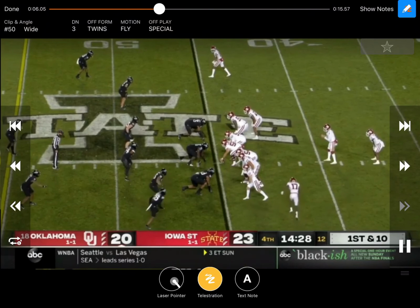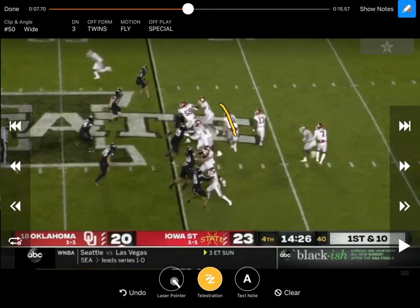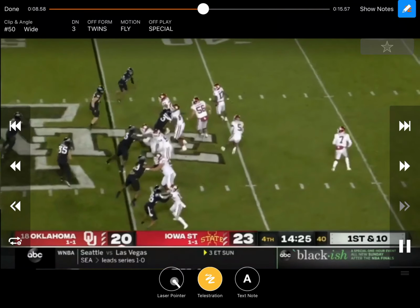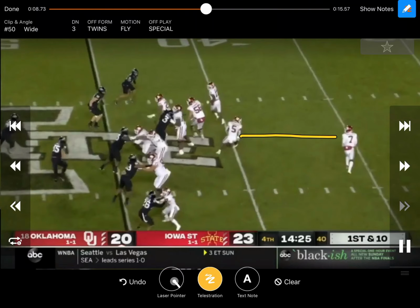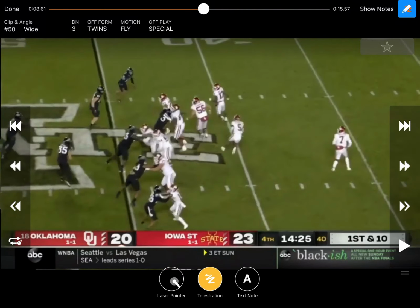You can see he brings him in motion, snaps it, hands the ball off right there like they're running some kind of pin and pull, and then the quarterback goes there. Whenever they run their flea flickers, their running backs always give a little ground, then they basically option pitch it back to the quarterback, just like if you're running the option right there, and then he ends up being a